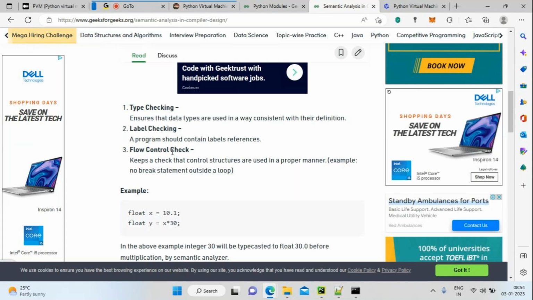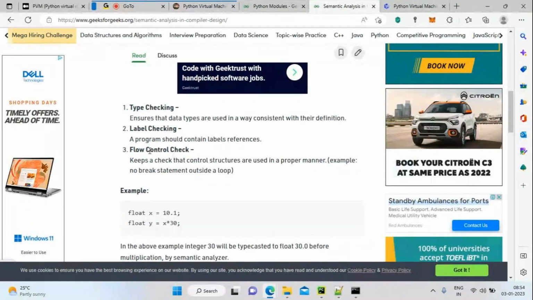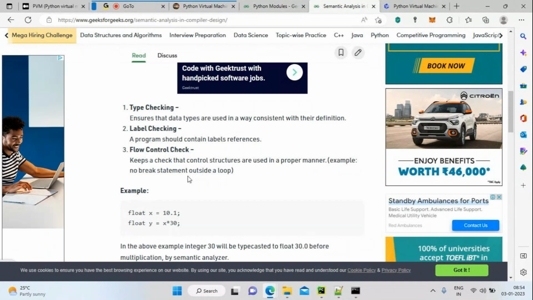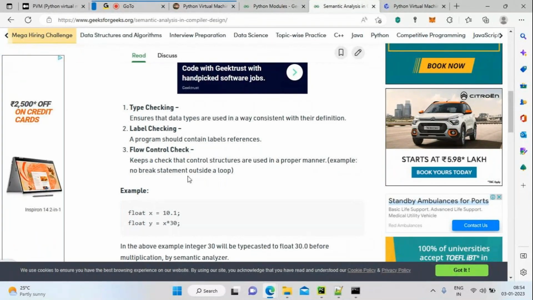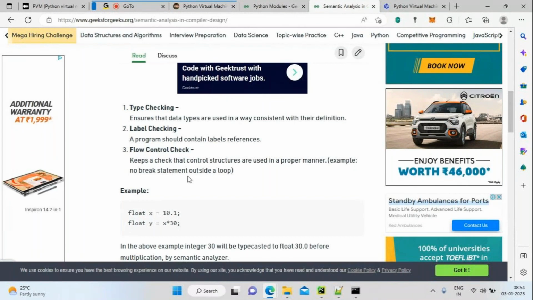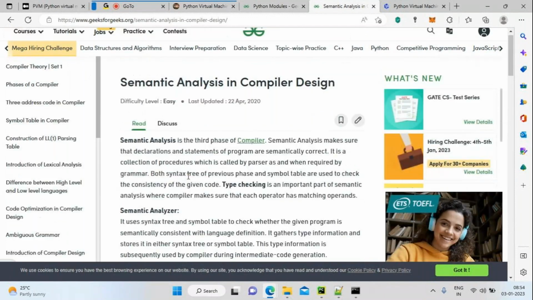Whether I'm using the break statement inside the while loop or outside the while loop, it will check. The flow control check will ensure that the break statement is in a while loop or not. That's what it's going to ensure. Like all kinds of loops, it's going to ensure the proper control check is happening or not. This kind of thing will be happening in the semantic analysis.